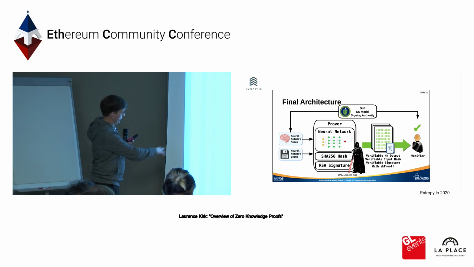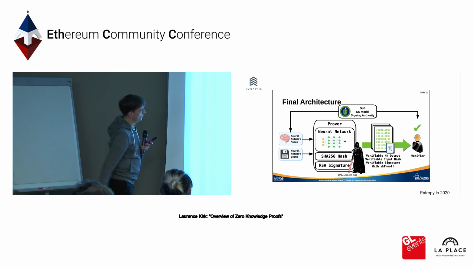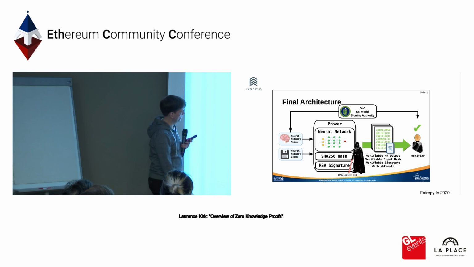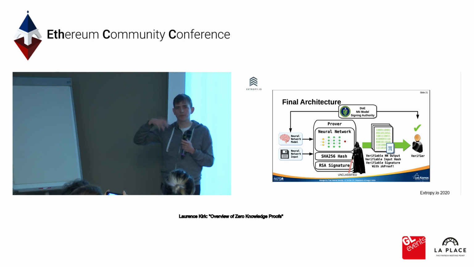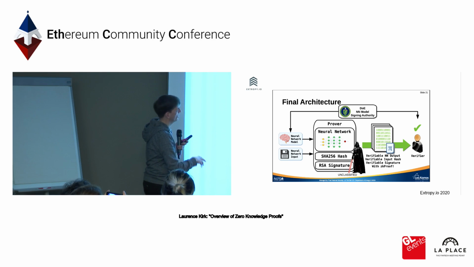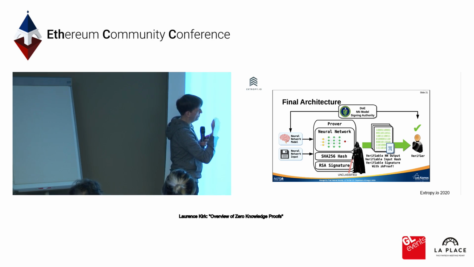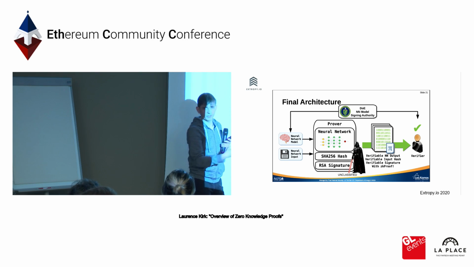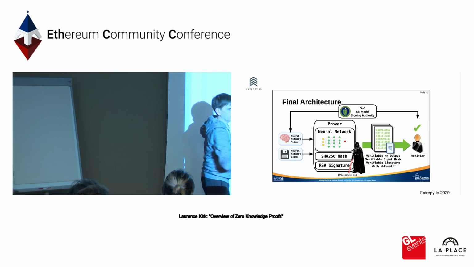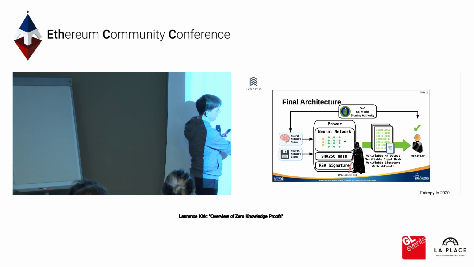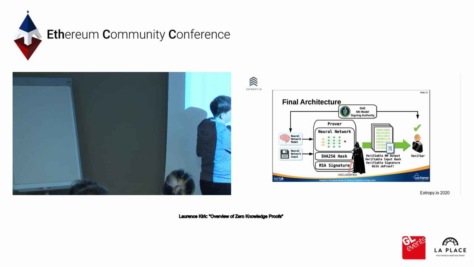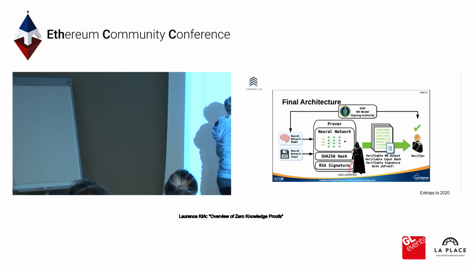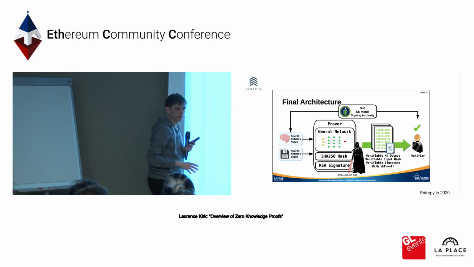The project that this came from at Los Alamos ended up with this architecture they used. If I can explain it, they were trying to really give proofs of a lot of areas of their system. So they had some neural network that was involved in the verification, but they then had to have proofs that this network model had not been tampered with, that the output from the model was what it should be, that also the inputs were what they should have been, and all of this then had to be signed. So they ended up with quite a few proofs, proving all the different aspects of the system.